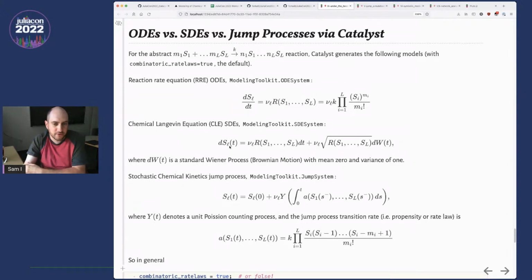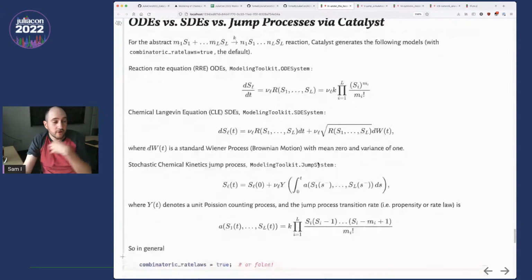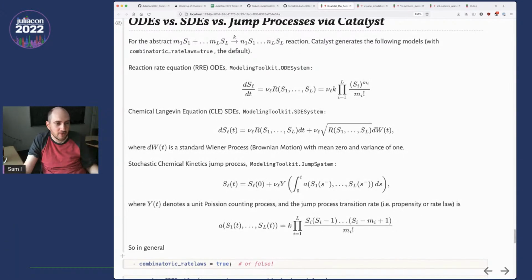So this is how the Lth species is impacted by this reaction. You'll notice there's a drift term that's exactly the same as the ODE's term. So that's the same. But then there's a noise term where this is a Brownian motion that gets multiplied by the square root of the rate law times the stoichiometry, the corresponding net stoichiometry coefficient. Okay, so this is your classical chemical Langevin equation. And when you make an SDE system from a reaction network or an SDE problem, this is what Catalyst is internally generating for you. If you're interested in Gillespie methods or stochastic chemical kinetics,